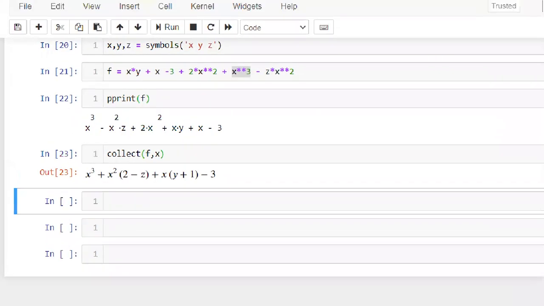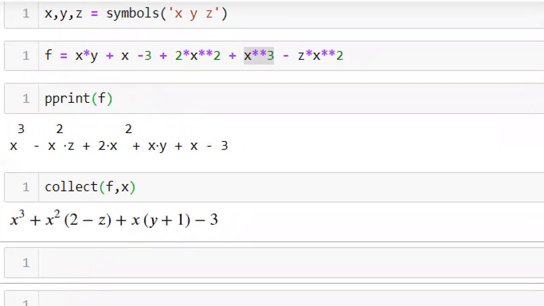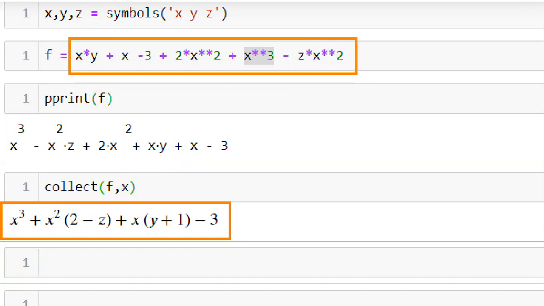Can you see the difference between the previous output and this one? See, this is different, right? Now it is collecting all x variable values based on the power values. Clear? This is the use of your collect function. For this reason, I have given this type of expression with different powers and a combination of powers. Here I have given an x squared value, here x squared, here x and x. With respect to my x variable, I want to collect. That is the reason it is giving your value like this.